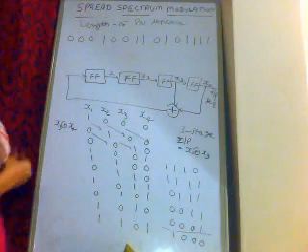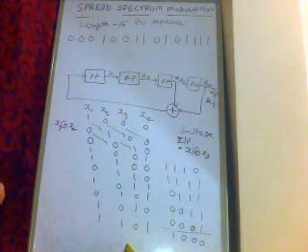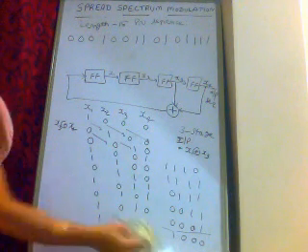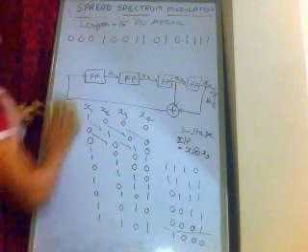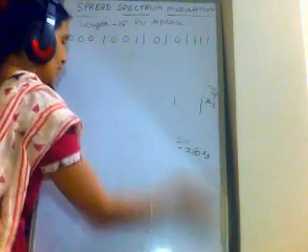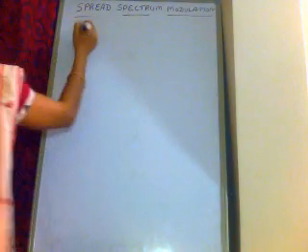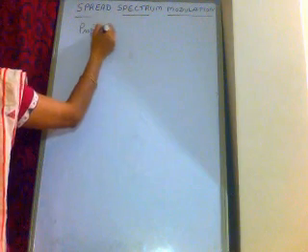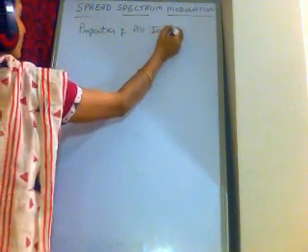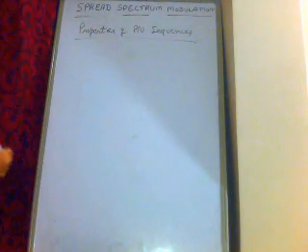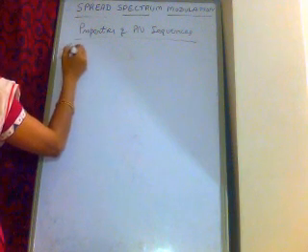Now that we have understood how to generate a maximum length PN sequence using an m-stage linear feedback shift register, let us try to understand some of the properties of these PN sequences. Properties of PN sequences. To understand the properties, we will first take an example,